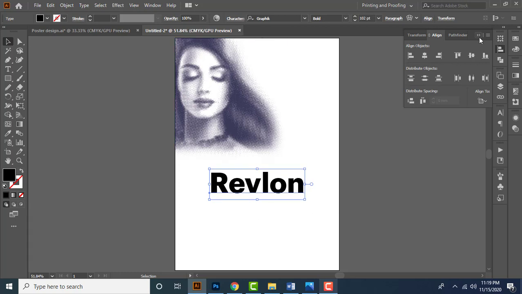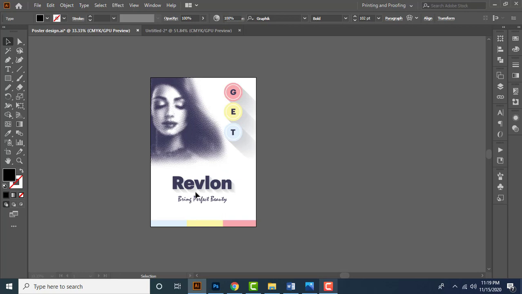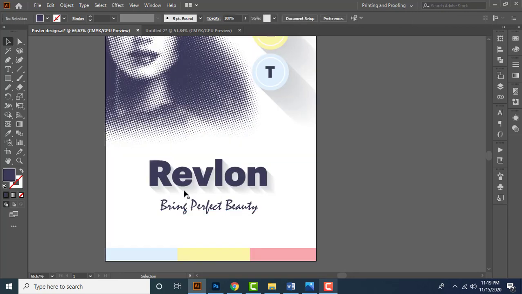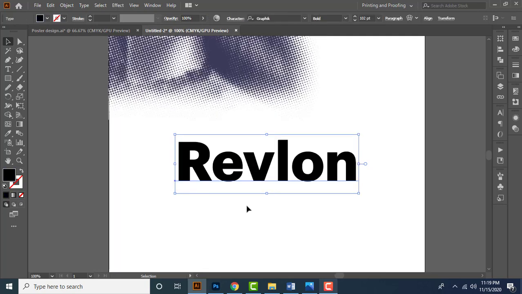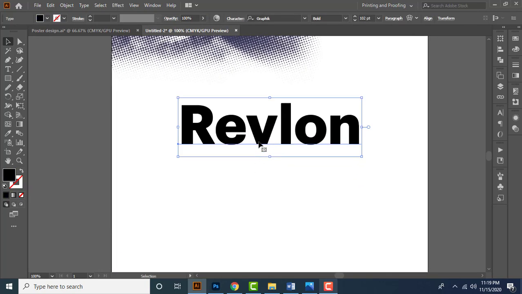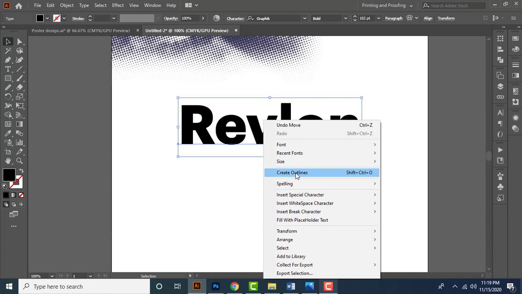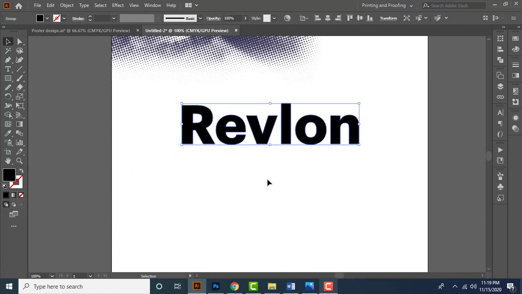Now let me try to create this shadow effect. To do that, first let's outline this text object. So right tap and choose outline. Now make a copy above it, so tap Ctrl C, Ctrl F, then change the color of it to lighter gray color from here,